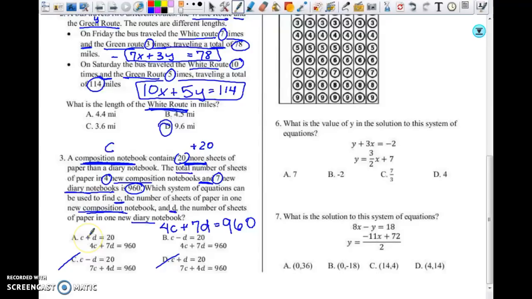We're not adding them. This one, actually, if we take the composition notebooks and we take away the diary, we should have 20 more sheets because the composition notebook contains 20 more. All right, so it's set up a little different, but if you just think about it, you're like, oh yeah, I have more. That's why I'm subtracting. Okay,